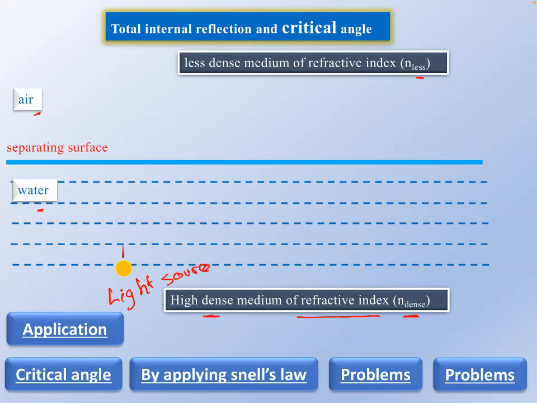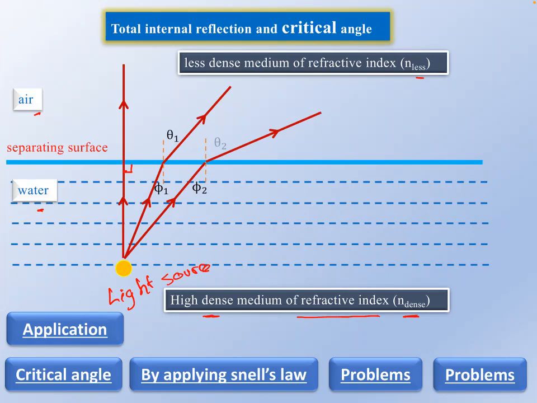Okay, a light ray, when it falls perpendicular on the separating surface, making angle of incidence equals 0, will pass in a straight line without refraction. When it falls inclined by angle of incidence equals phi 1, you can notice that it is refracted away from the normal by angle of refraction equals theta 1. When the angle of incidence increases, phi 2, the angle of refraction increases, which is theta 2, and by increasing the angle of incidence further, which is phi 3,